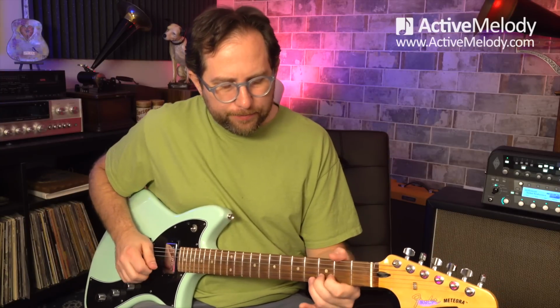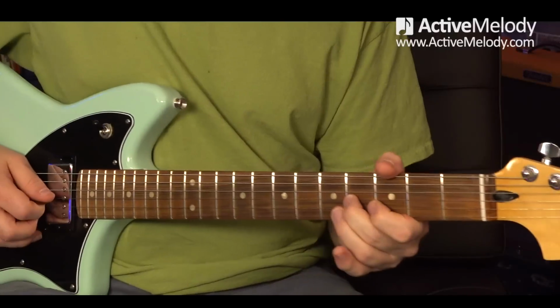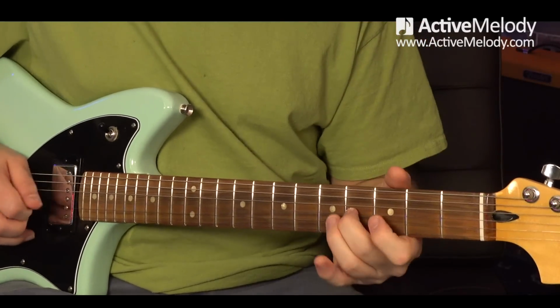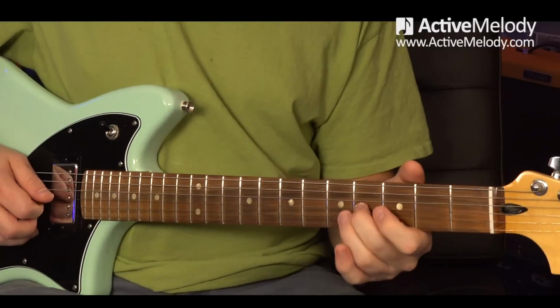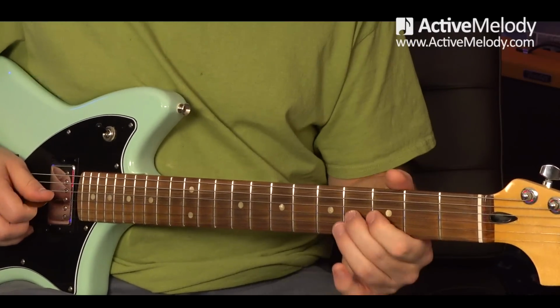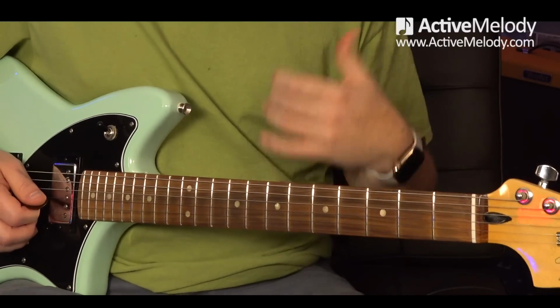Okay, so we ended here with that 4th fret 3rd string. Now after that I just reiterated that note. So 4th fret 3rd string, 3rd fret 2nd string, back to the 4th fret 3rd string. And then after that I went,